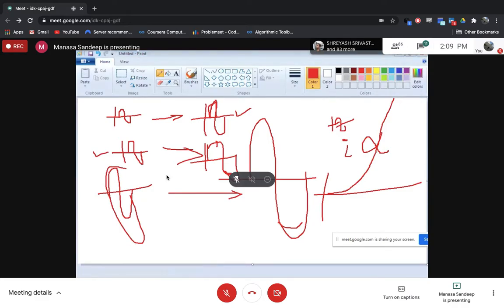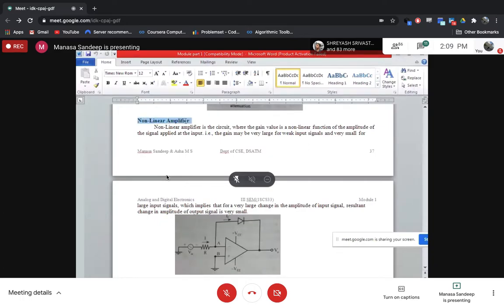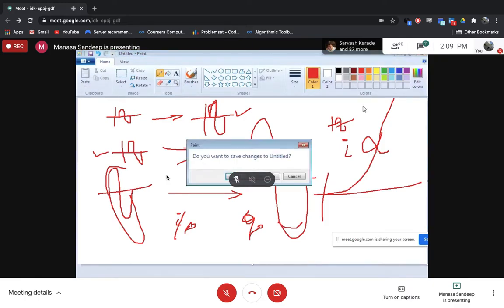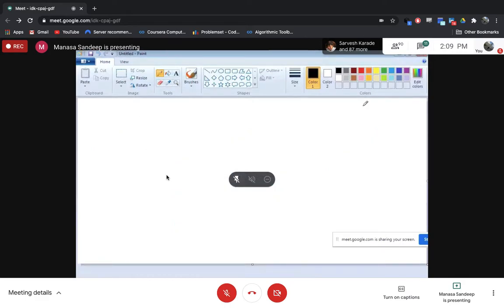Whereas here what we are talking about is a non-linear amplifier. What is this non-linear amplifier? So in linearity, if you are applying a small input, then the gain will be small. Yes, when compared to the input, definitely the amplitude of the output will be more. Okay, but the gain achieved is less. When you apply a larger input, the gain will be more. It's like that. And this you people can easily understand, correct? It's a normal phenomenon. Fine.